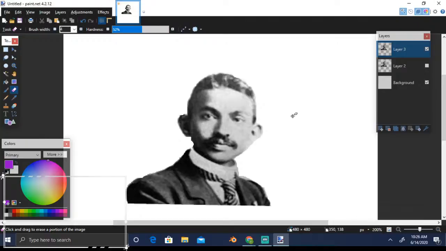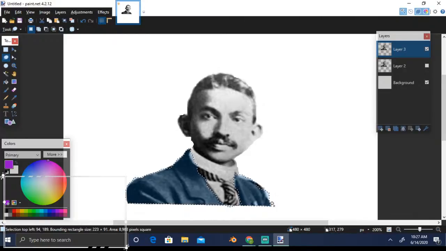So first let me take his coat. Let me again go to lasso tool. First I'll colorize his coat. Let me first select his clothes first, then I'll go to the face, which is a bit tricky, but just to show you the concept, I'll first select his clothes. Here you go. Okay, so here I have selected this thing.